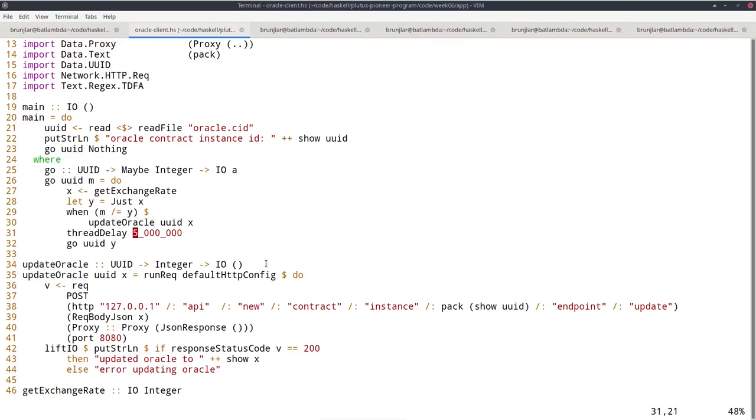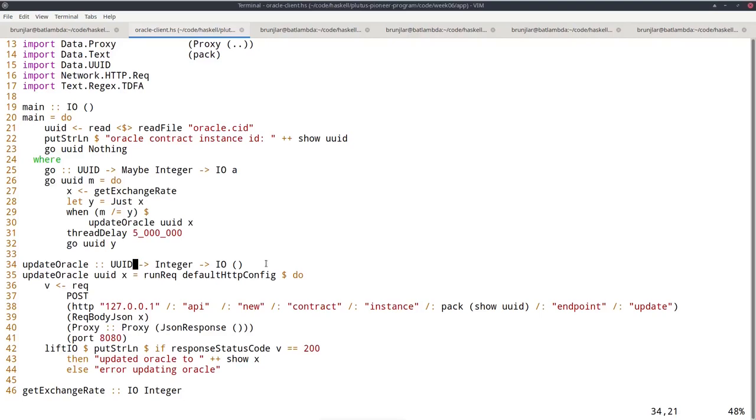This is, of course, arbitrary. I don't know whether CoinMarketCap does some sort of rate throttling, so I didn't want to risk being banned for having too many requests. So I just did 5 seconds. In reality, seeing as blocks on Cardano only appear every 20 seconds on average, probably even 5 seconds is too much and should rather be 20 seconds. But anyway. So this update Oracle is now the interesting one, where I demonstrate how to interact with the